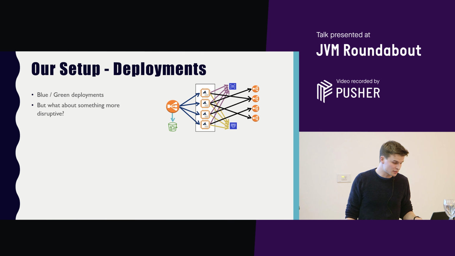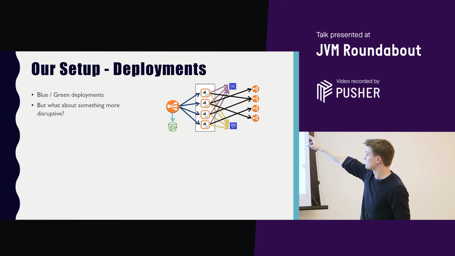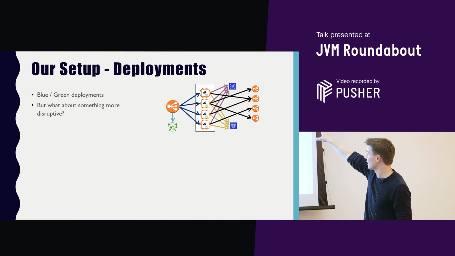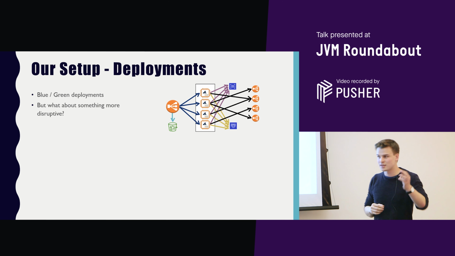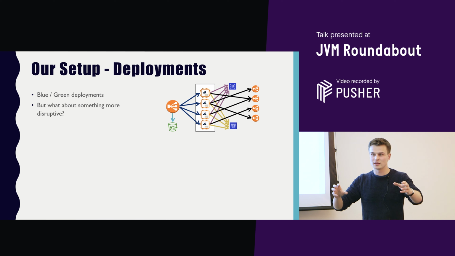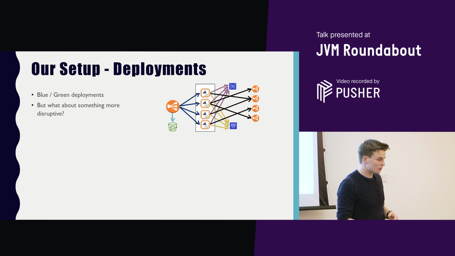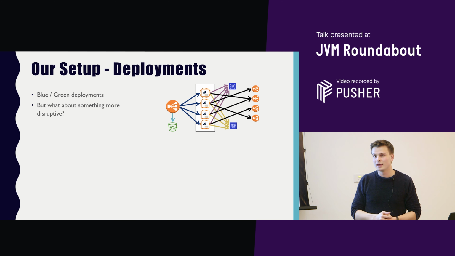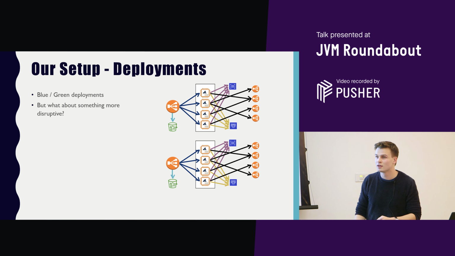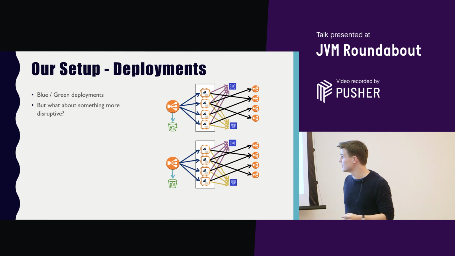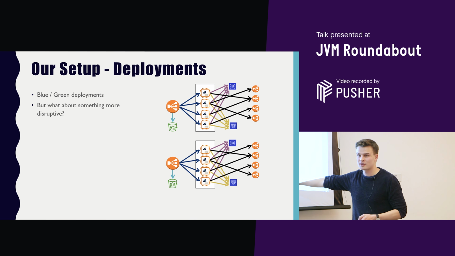But what about something more disruptive? Say you need to make a change to your whole stack. I talked about this before. This is our gateway setup, but this could be anything, right? Like you've got some microservice deployed. They're talking to databases. They're talking to all these different things. Well, why not do the same thing, but for your entire infrastructure? So one of the great things that Slingshot allows us to do is redeploy a whole second copy of our infrastructure. And the only thing you really need to do is to be able to replicate your data stores. If you're using some caching, then probably that doesn't need to be replicated.